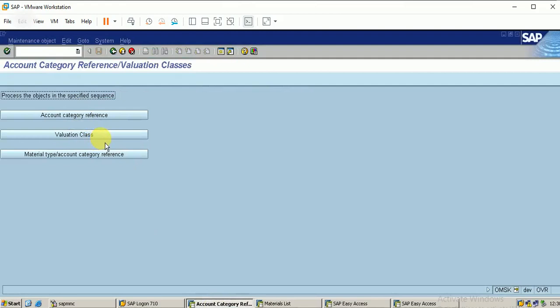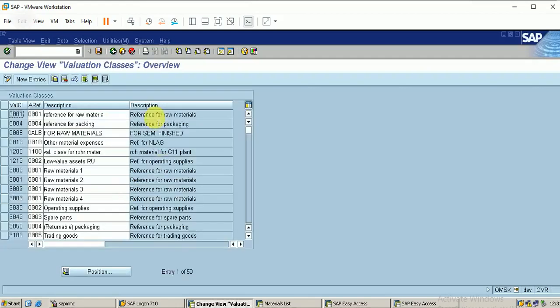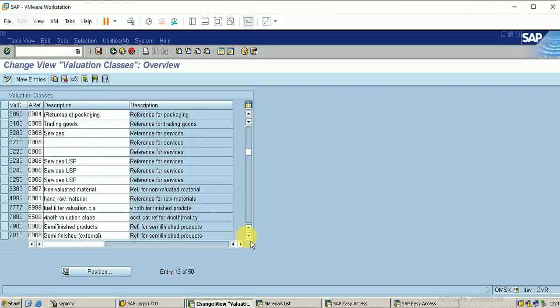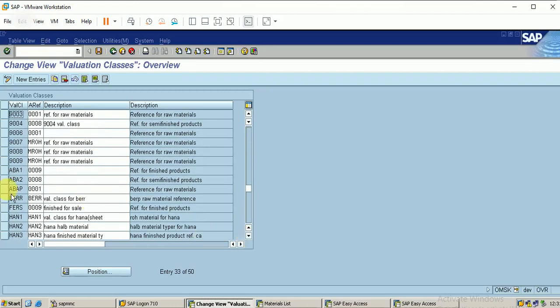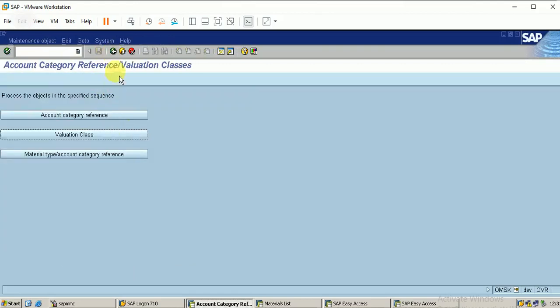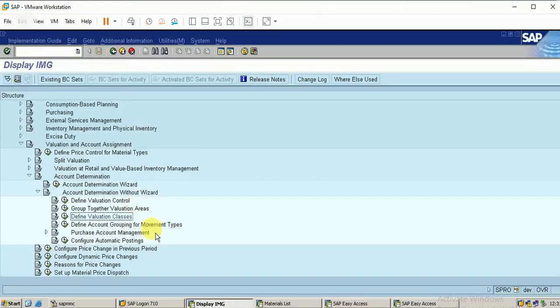We have already created the valuation classes when we created the material master. Let me show it. Here it is. This is the valuation class, and this is the account reference category. We have made all these settings in our material master data.